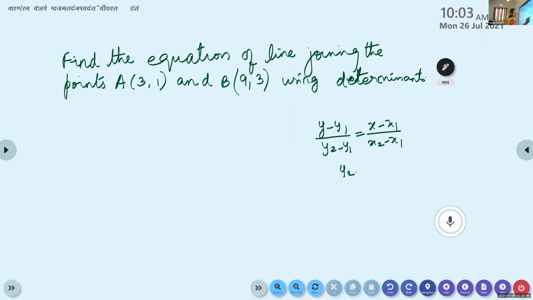Y2 minus y1 by x2 minus x1 is the slope. I think we wrote all these things in applications of derivatives. This is important. If you have a formula booklet, write it down, children, note it. Slope, if points are given, is like this; it will be same as dy by dx. If the angle is given, it will be same as tan theta. You'll be able to find the line in this many ways. Slope. Y minus y1 by y2 minus y1 is equal to x minus x1 by x2 minus x1.